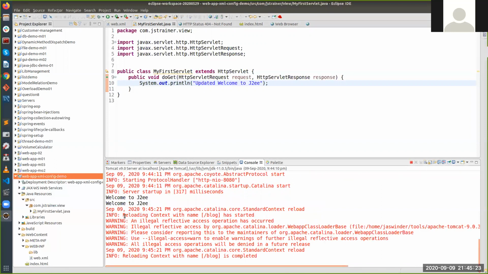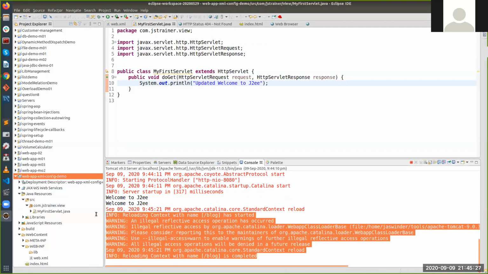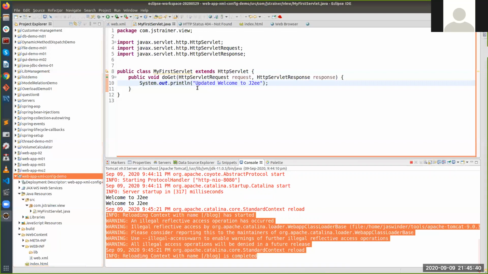So you can see reloading the context with the name has started and is completed. So any changes to your code will make your context reload. Any doubts? No. Good.